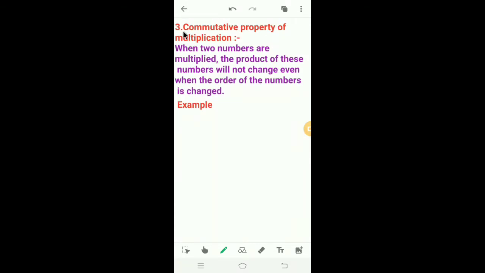Let's learn the third property of multiplication, that is the commutative property of multiplication. When two numbers are multiplied, the product of these numbers will not change even when the order of the numbers is changed. For example,